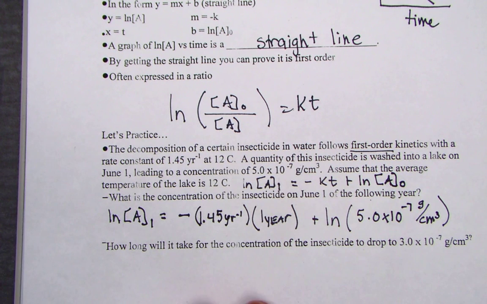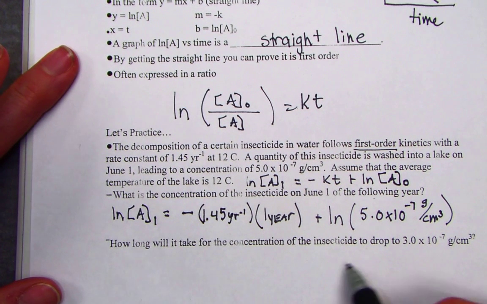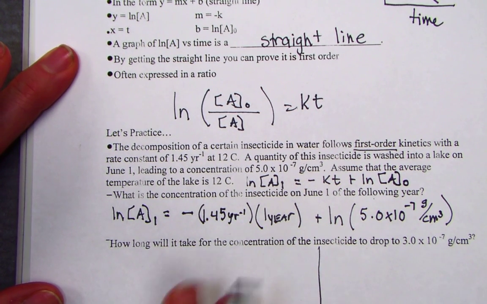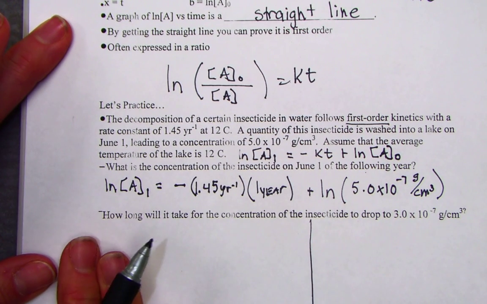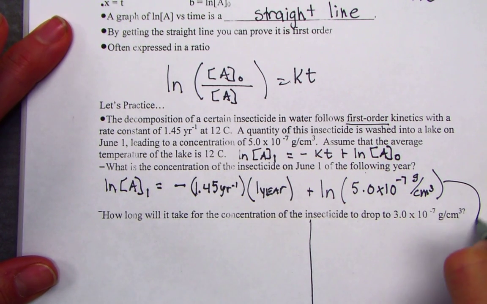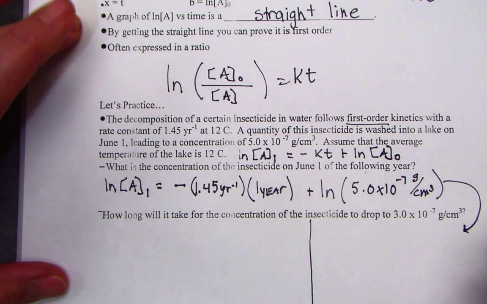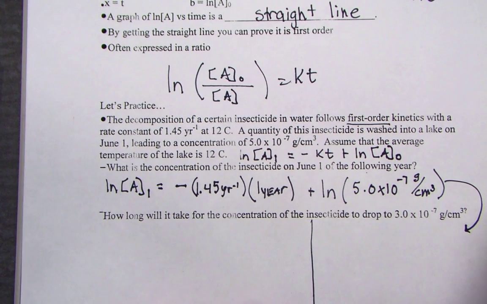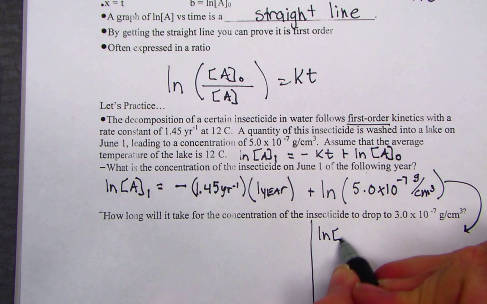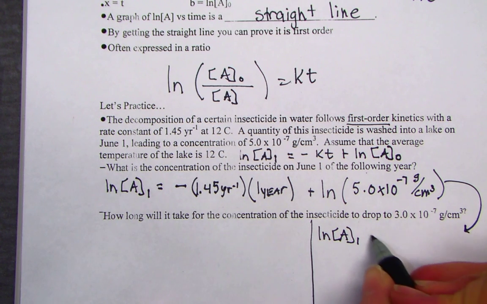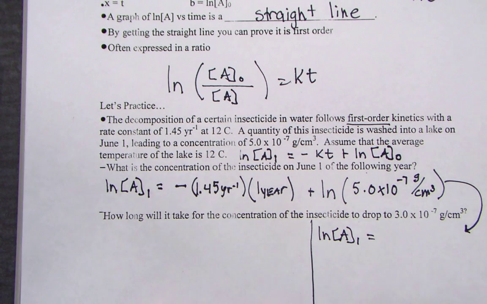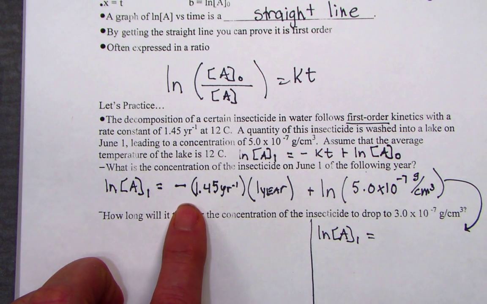What we should do is simplify the right-hand side. When I simplify the right-hand side, I'm going to need a little room down here, so I'm going to leave this space available for the next question, but I'll continue this problem down here. I'm just out of room. When I simplify this, I leave the natural log of A, what I'm trying to solve for, equal, and let's hit our calculator. Negative 1.45 times 1